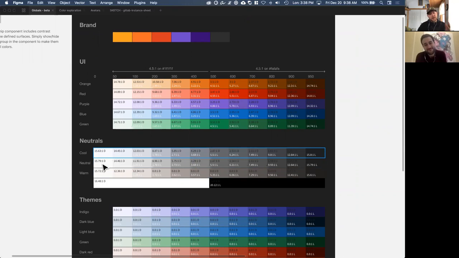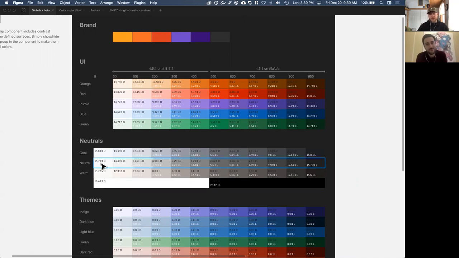So going back to the neutrals, I still think it'd be really interesting to have a 0 and a 950 value, where we always said those are surfaces. Those are what we use for the surface, and since we don't have those in the other values, it makes sense to have that kind of dedicated. You always know, if I see a gray 0, I know that that's a surface, a background. If I see a gray 950, I know that that's how it's being used. So we can really start to solidify those values. If I see a 500, I always know that's passing on white. If I see in a dark theme a 400, I know that's passing on